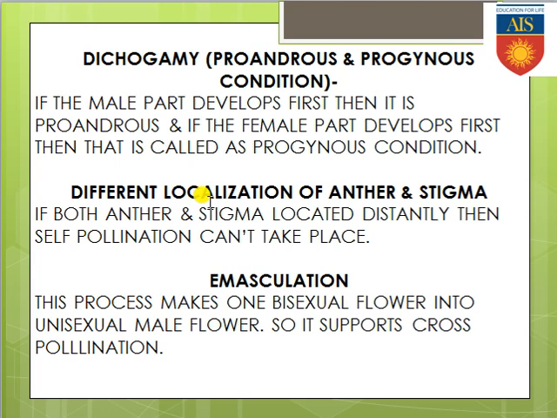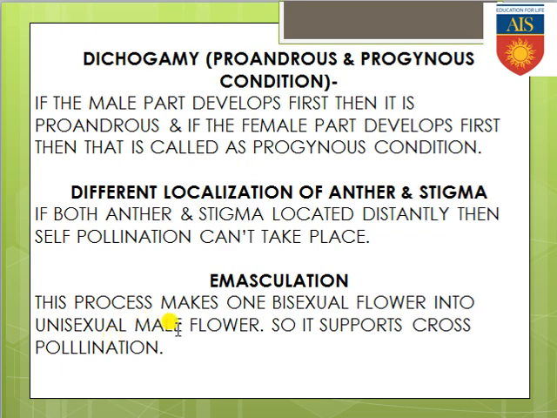Emasculation is the next device, where human interference is needed. Suppose we take any bisexual or hermaphrodite flower, and from that flower we remove the male part, that is, the androecium. That is commonly known as emasculation. If we start emasculating bisexual flowers this way, after a certain time no bisexual flower can perform self-pollination, because they are becoming unisexual by removal of the male parts. So automatically they are bound to perform cross-pollination. They have to wait for another flower of another plant.